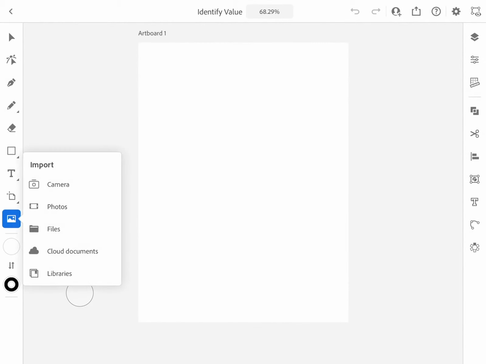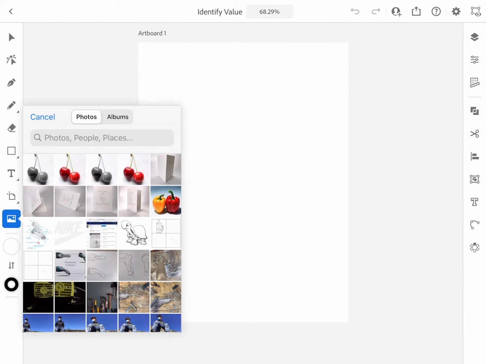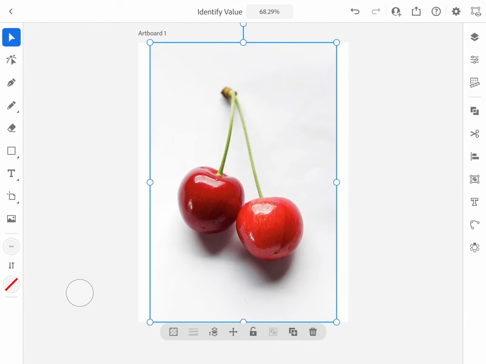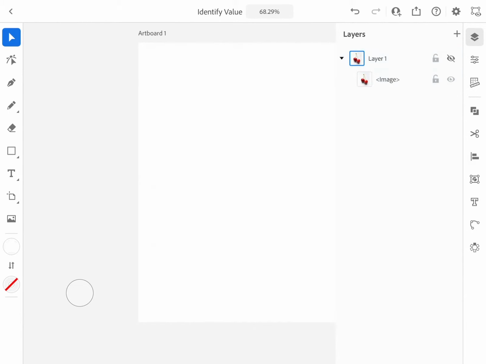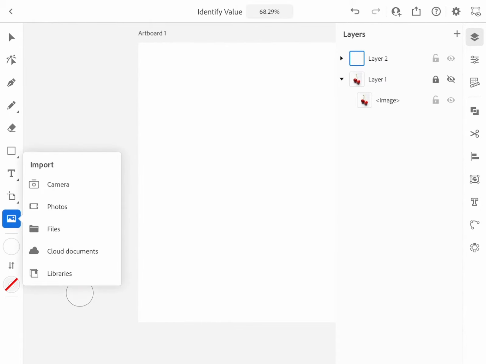Now I can select Import. It's the small image icon on the bottom left, and choose Image. I'm first going to import my color image. I'm going to open up the layers, and I'm going to first lock this layer. Then I'm going to hide it, and I'm going to create a new layer,